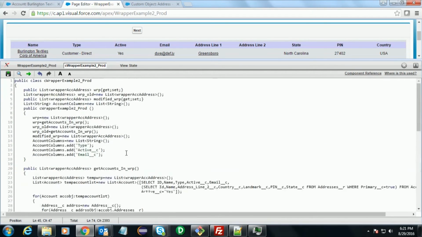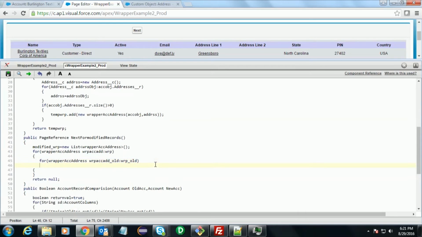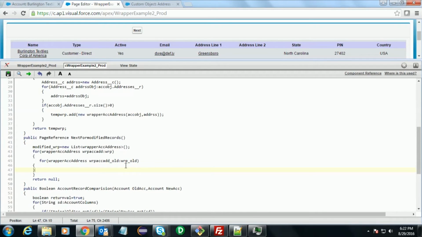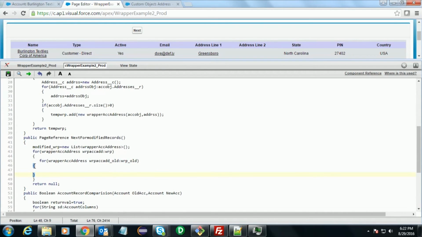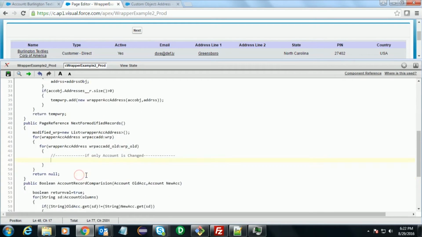So it will compare with each and every old record. So for the current modified record and each and every old record,